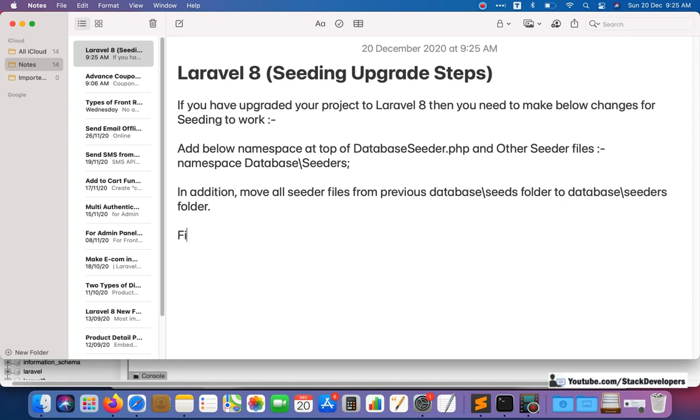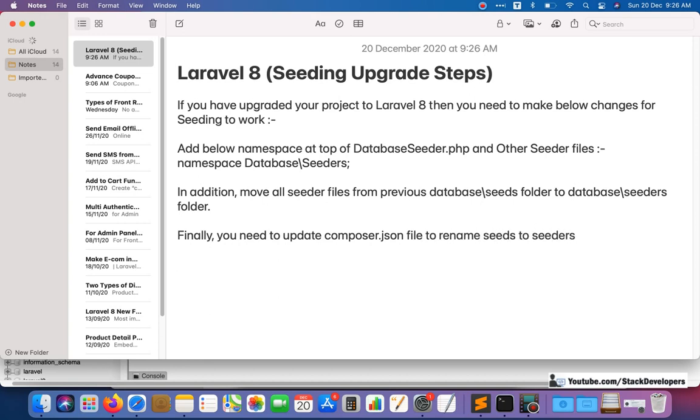And finally, one more step. You need to update the composer.json file to rename seeds to seeders.